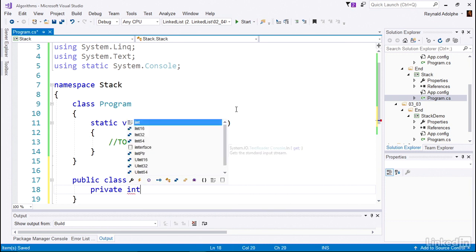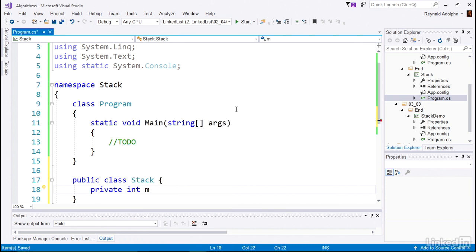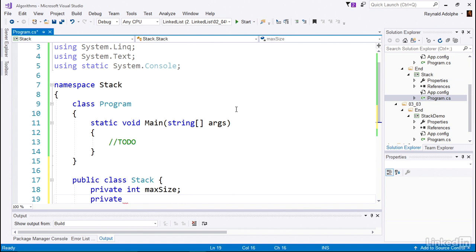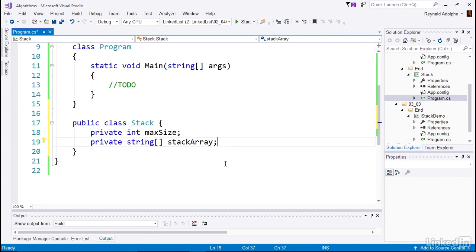The first is to keep track of the max size. That's the max size of our collection. Now the next variable that we want is an array of strings, and we'll call this appropriately the stack array. And what we're going to keep track of, I'm a big fan of movies, so this is going to be our container for the list of movies. The third variable is going to be top, and this will represent the index position of the last movie in